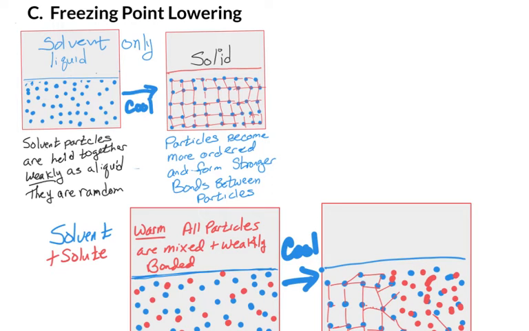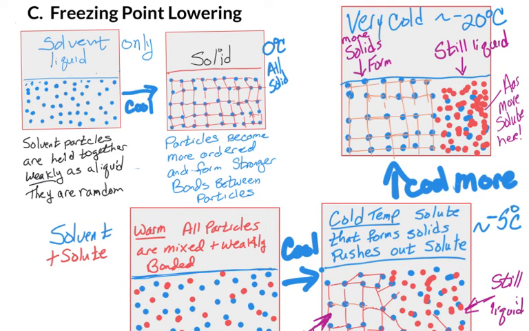It takes a lower and lower temperature for those water particles or solvent particles to come in contact with each other because they have to push the solute particles out of the way. Interestingly, this makes it even harder for those other parts of the liquid to freeze because the solute is being pushed away from the solvent that is freezing and pushed into the solvent that is not yet frozen. And so it gets higher and higher concentration of the solute, making it harder and harder to freeze. So you'll tend to see that this is like a slush most of the time